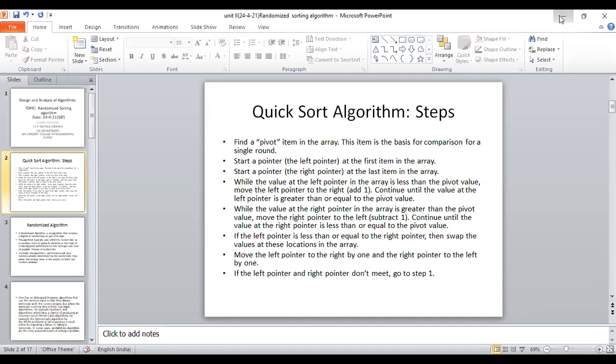Since all the elements are already sorted, it will take worst case time, that is big O of n squared. Whereas when the elements are random and not sorted, the average time of quicksort is big O of n log n.